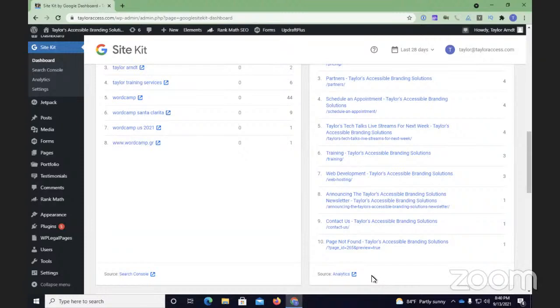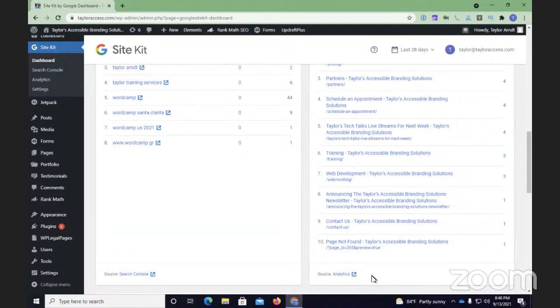Oh. So again, that kind of gave me a clue. Oh, maybe there's a page not found somewhere. Maybe I need to fix that. So looking at this data, I can learn a lot about my users and understand where they're coming from, but also understand how I'm getting them, and maybe pages that could be improved or that need to be removed.